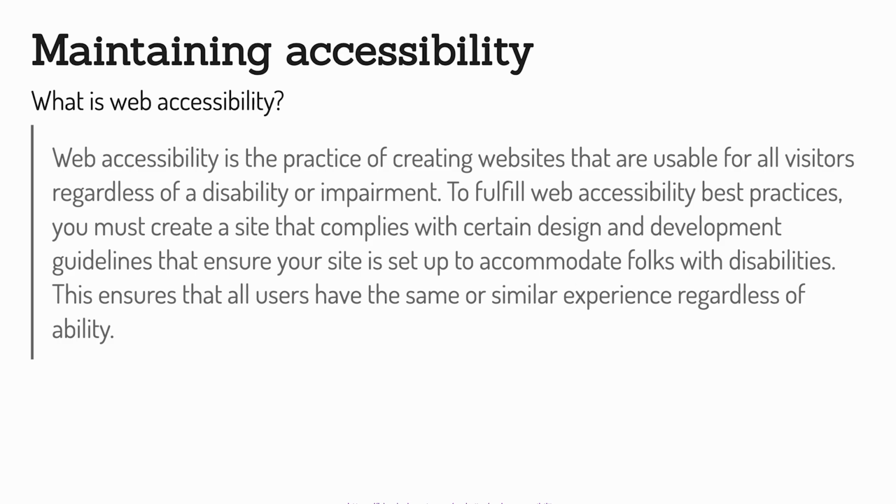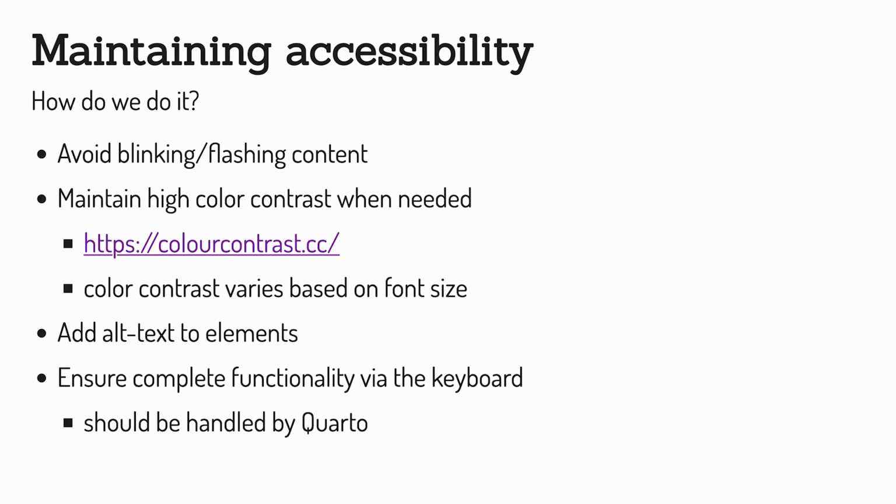And then lastly, we want to make sure we maintain accessibility. The long and short of it is you want your website to be seen by people. So it's against your best interests to make it so some subset of the population have a hard time accessing your website. And this can be via disability or other impairment, but you should want it to be visible to as many people as possible. And there's a couple of things we can do.